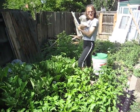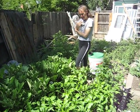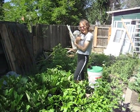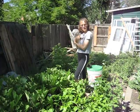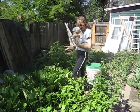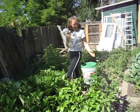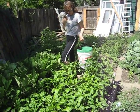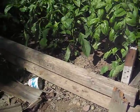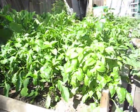We had a fantastic spring, and so this summer we really expanded our garden. Instead of just growing things directly in the ground, Kirk has been very innovative and created some raised boxes here. So we have a couple of raised boxes here, and one has peppers and one has